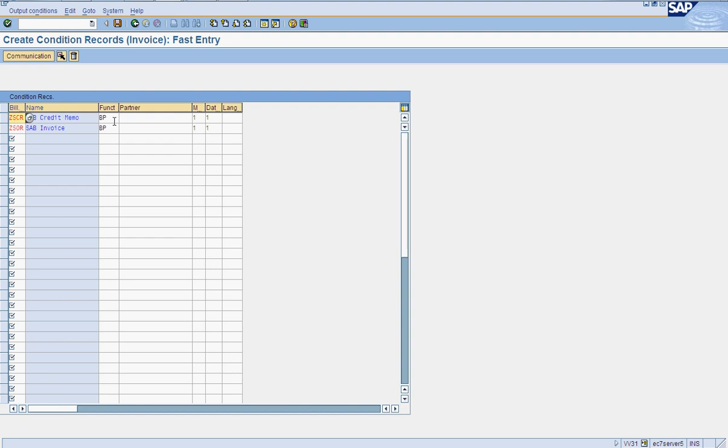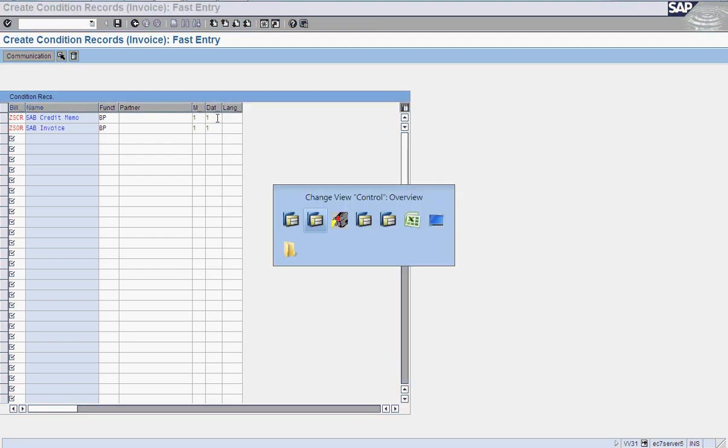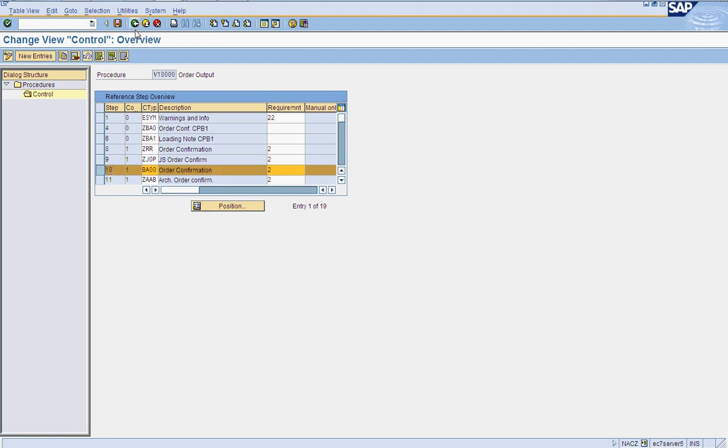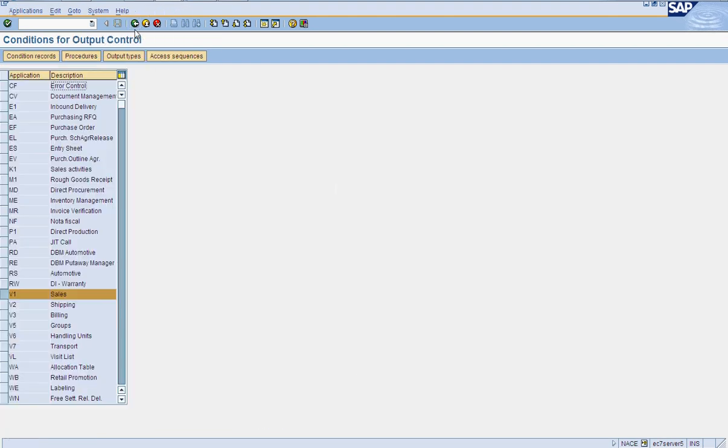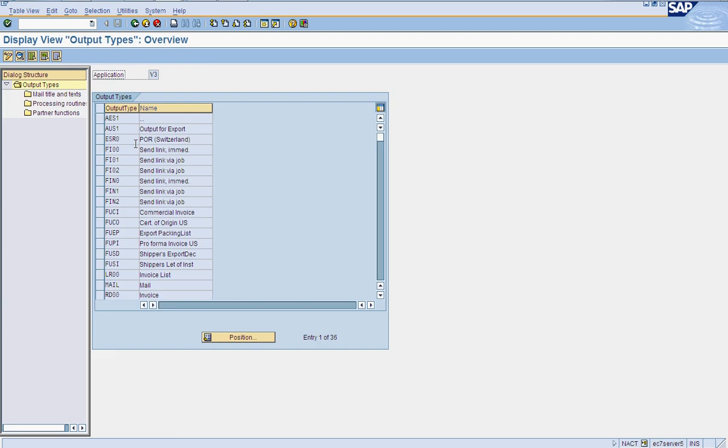You can see this BP and all this data is coming from the condition record. It is coming from the output type. If you see the output type, let me see in the controls, for V3, the output type is RD00.